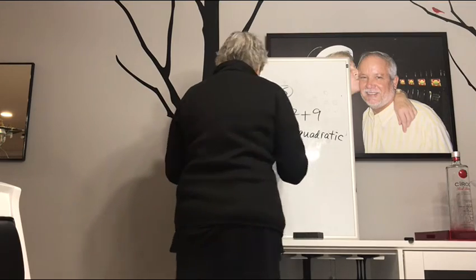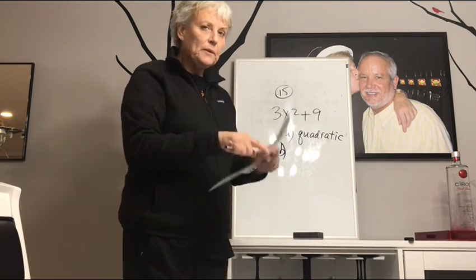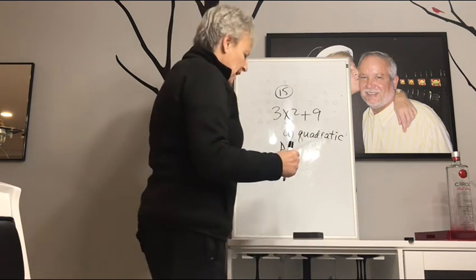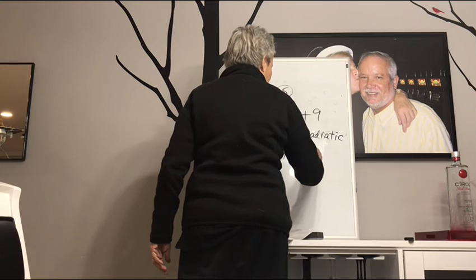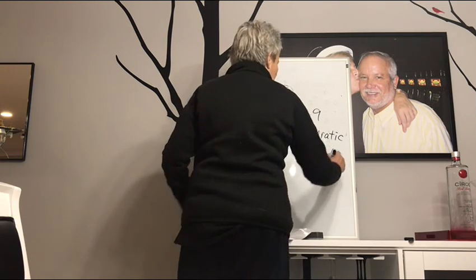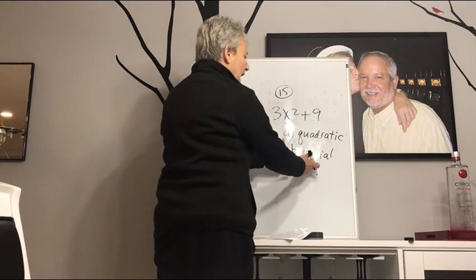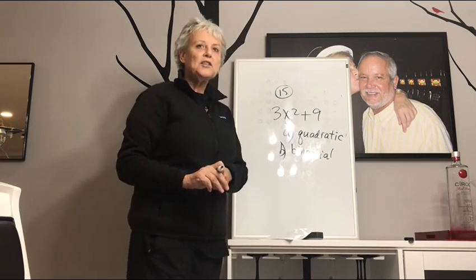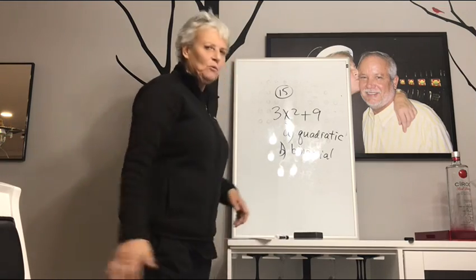And then B, it says to say monomial, binomial, trinomial, or just polynomial. Since it has 2 terms, it is a binomial. So it's quadratic because the highest degree is a 2, and it's a binomial because there are 2 terms. And I know I went through that really fast, but I didn't want this video to